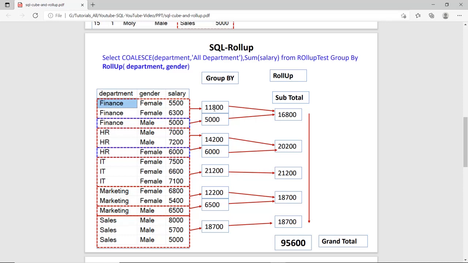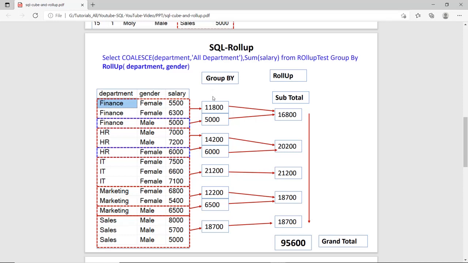So this is the total of these 2 figures, and this is the total of this group. Then we have the group HR male, HR female, then IT female, then marketing female. So this time, because we are taking the 2 columns, SQL Server is getting the different groups with the combination of the department and gender.